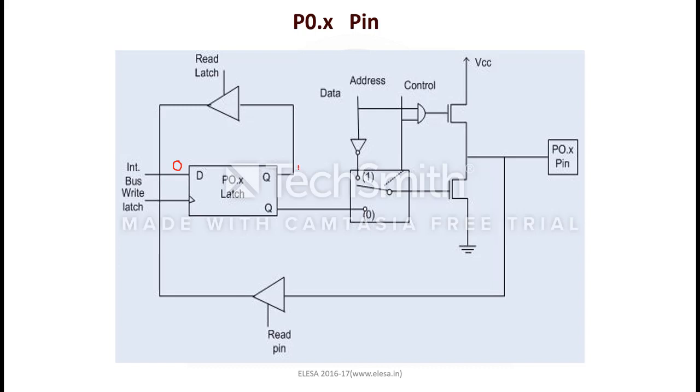Q bar will be 0, so Q bar will be selected by the mux, which is 0, so it will turn off the MOSFET 2. Hence both MOSFETs are in the off state, so the output is at the high impedance state, that is the third state. This output is coming because of the open drain of port 0. So while using it as an output pin, it is always required to use pull-up resistors, because a high impedance state output is not a correct output. It will never be, because output can be either high state or low state.